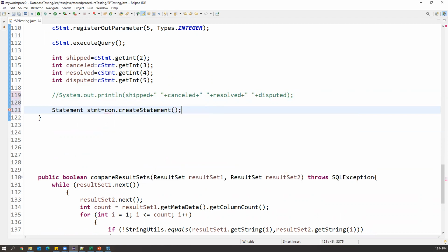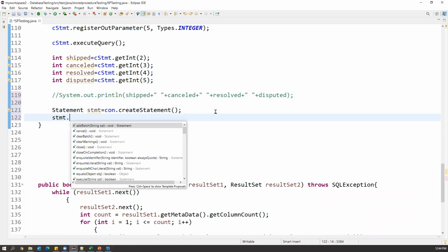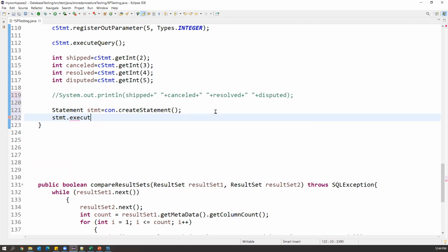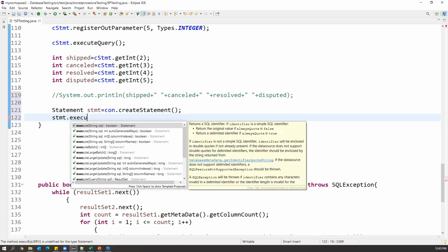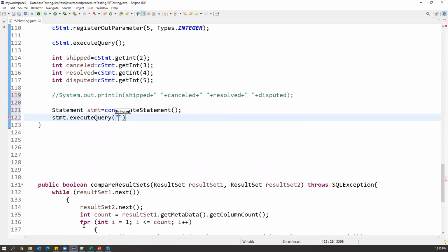Now by using this statement object, we will be able to execute our query, right? stmt.executeQuery, and here we need to specify the test query.